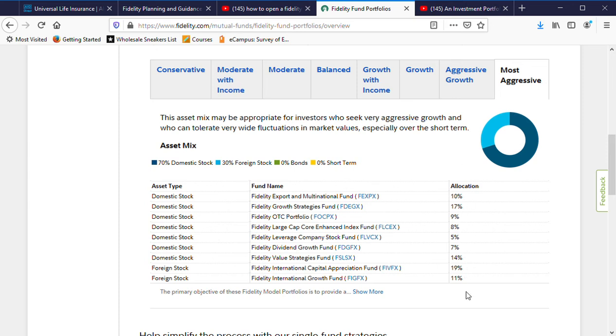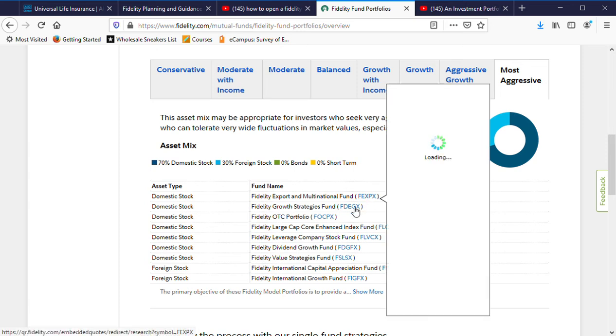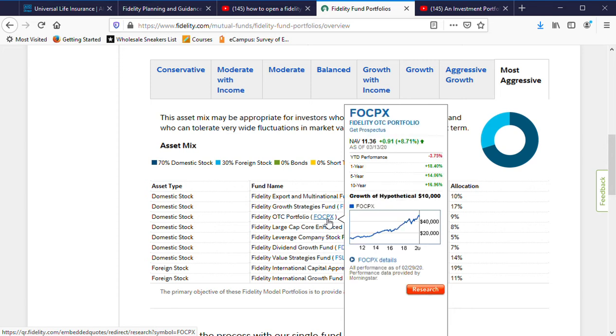So this is the easiest thing ever if you want to learn how to invest in stocks, where to put your stocks. Now, let me show you something. Look at this. When you click on there, it tells you how it's doing for each stock, the FOCPX. And I think I got this one actually. 10 years is yielding